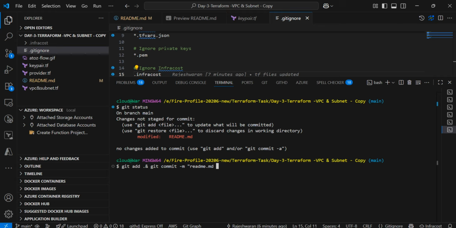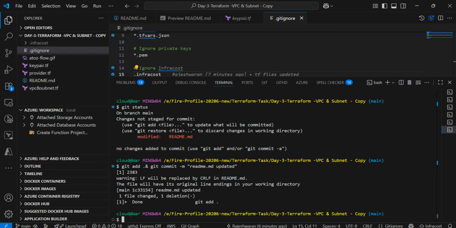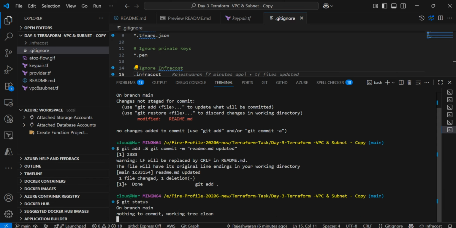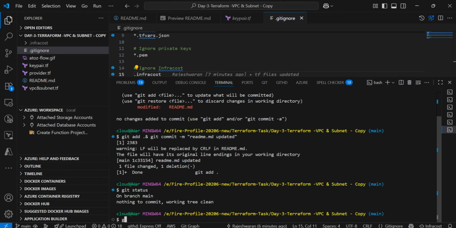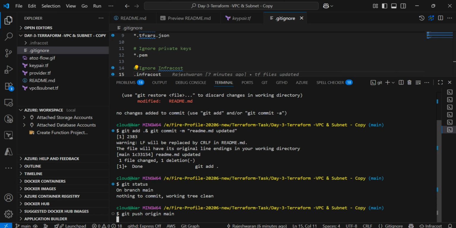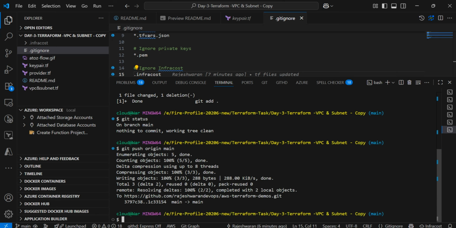Git add dot and git commit -m "readme.md updated". This is the commit message I'm going to give. Yeah, now if I give git status, nothing to commit, and we have committed the changes to our local repository. Now we are going to push this to our remote repository, that is git push origin main. Yeah, so if I give git status,